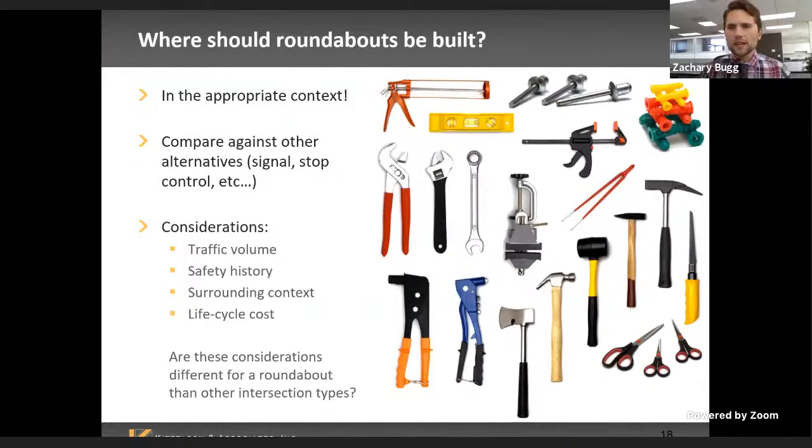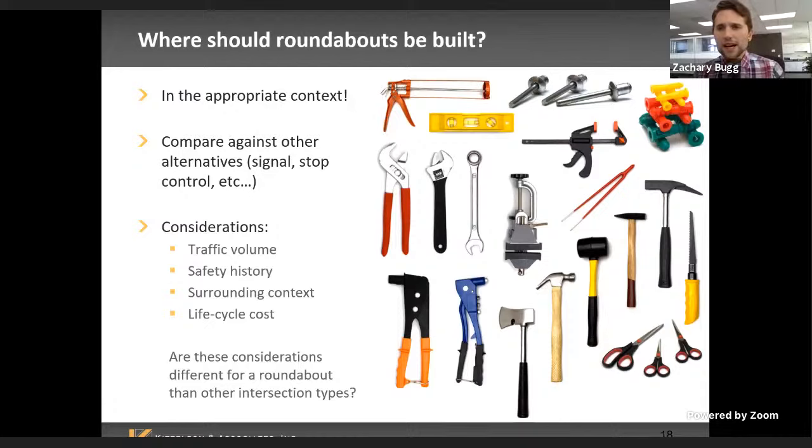Think about things like traffic volume, how heavy the demand is in terms of ADT, or average vehicles per day, average daily traffic, and hourly traffic volume. Roundabouts have a pretty good safety track record, and I'll go into some of the data in later slides. If you're thinking about different intersections to put a roundabout in as a potential countermeasure for crashes, you might want to think about the safety history of those intersections.